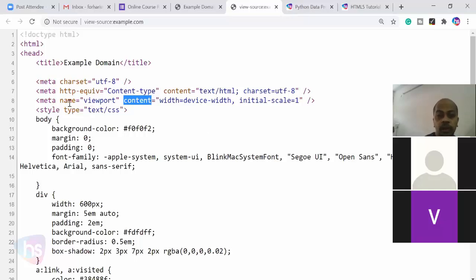What are the values? Name equal to viewport, and the content to be width equal to device-width. What is the device width? Automatically it will adjust the page length, height, and width. And the initial scale, by default it is 1, and it can automatically be modified based on your landing page.